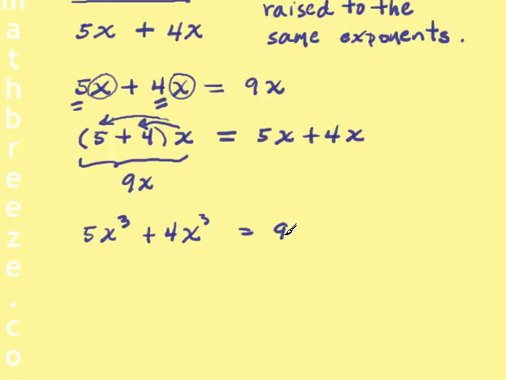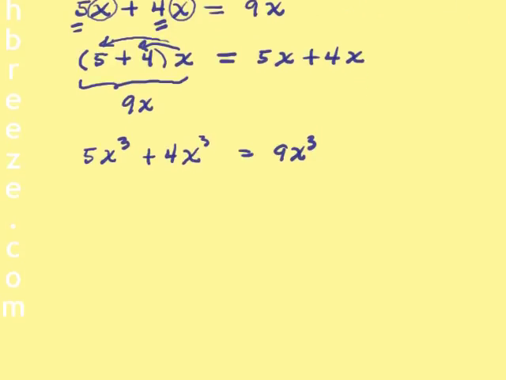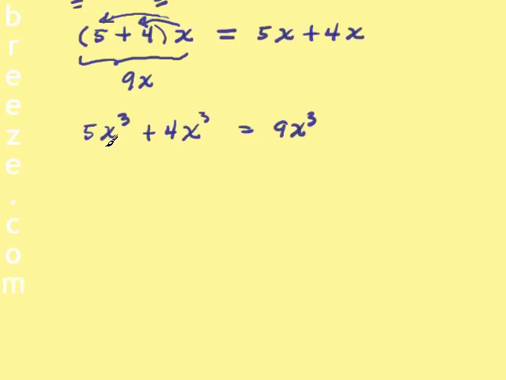That's equal to 9x cubed. Again, we could do the distributive law, factor out the x cubed, and then add the 5 and the 4. But we're not going to do that. We're just going to remember that if we have like terms, if these are the same, then we can just add the